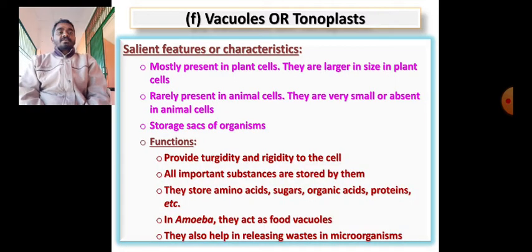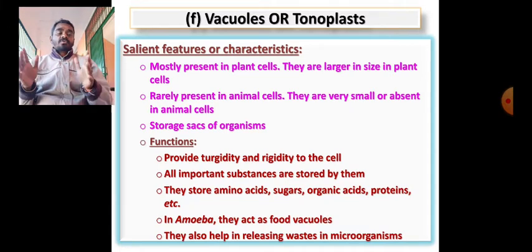Now the last part of the chapter and the last cell organelle: vacuoles, also known as tonoplast. Tonoplast is another name for vacuoles. So what are the basic structures and characteristics of it, and then the structure of it we are going to learn here. Already I told you in the plant cell, in the first video, when we described the plant cell and the diagram was shown, I showed the vacuole structure, which is responsible for floating of a large wood in the water. Remember? So recall that one.